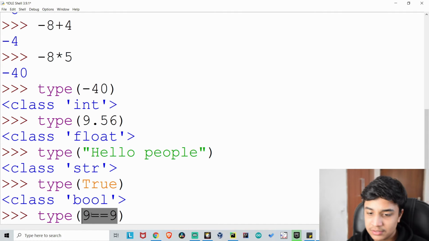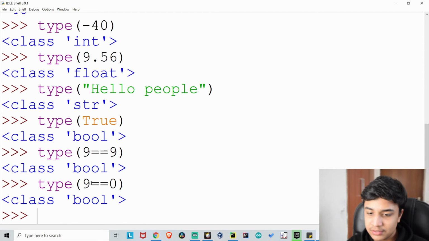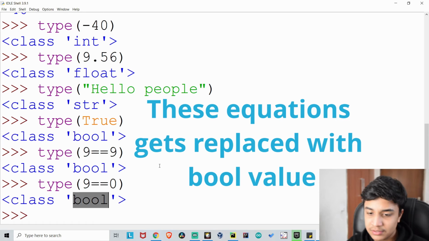Now when this true comes, true is a boolean, so it will return me bool. So if I write type again and then say 9 is equal to 0, which is not true, so it will also return me bool. This is false right now, but then it is returning me bool. So this much for data types.